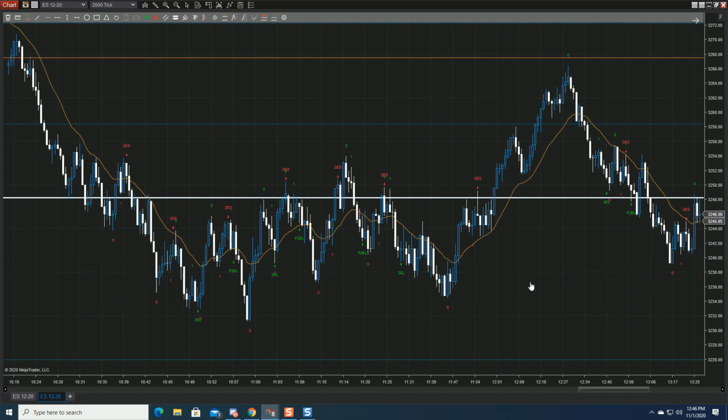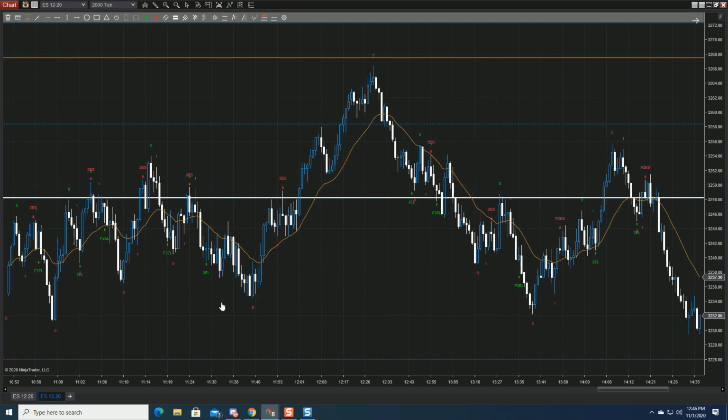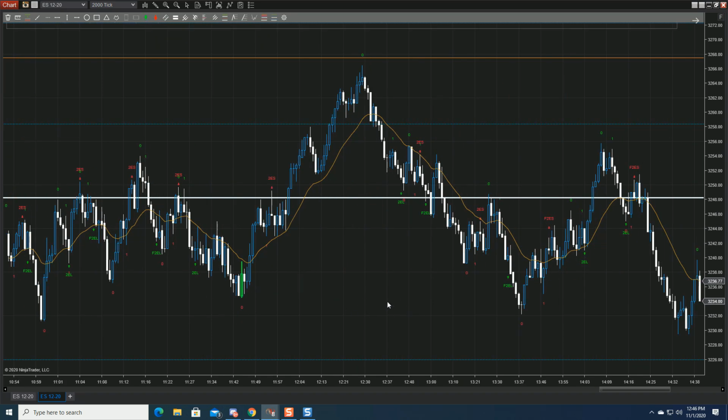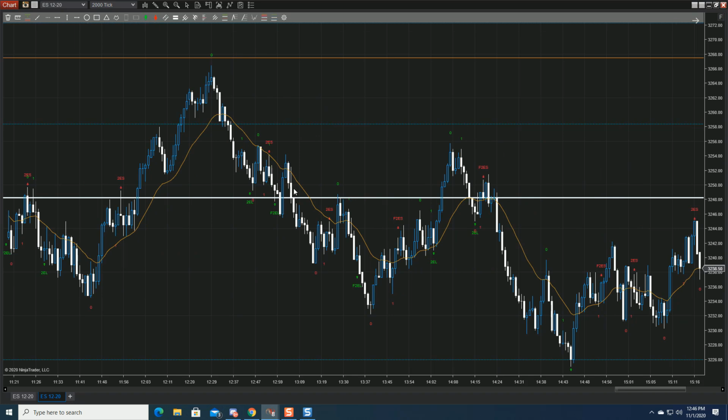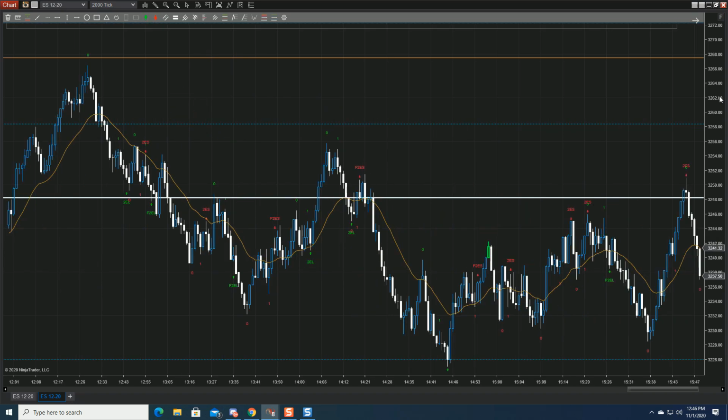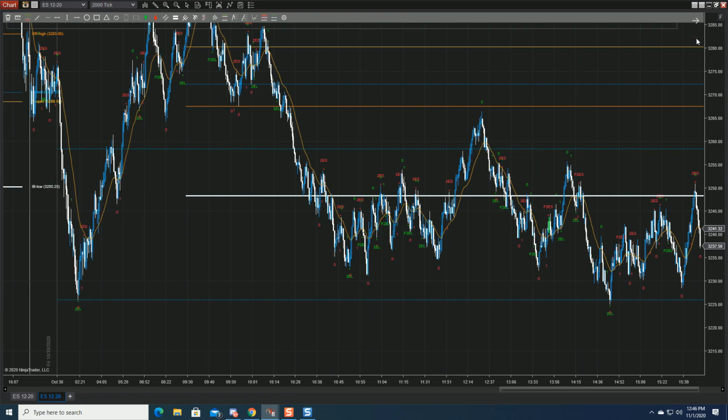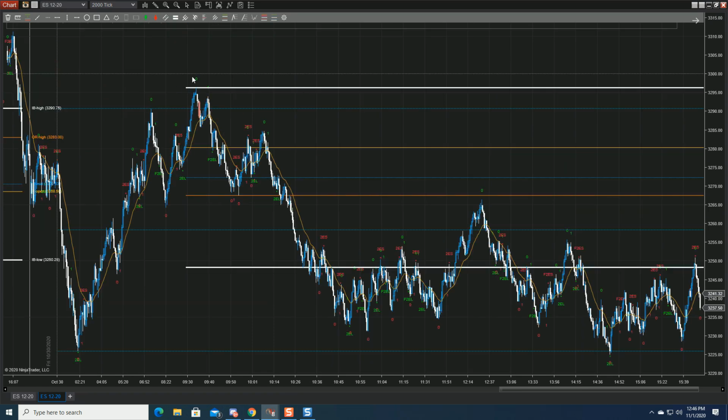Those of you familiar with Mac's work know that he uses a 2,000 tick chart. Actually, I use a 2097, but they would be almost identical, but I'm just kind of a fib junkie, so I use the closest fib number. The only other thing I have on here is a 21-period EMA, and then I have the initial balance indicator, just to help frame the day so we can see the start of trading. And then